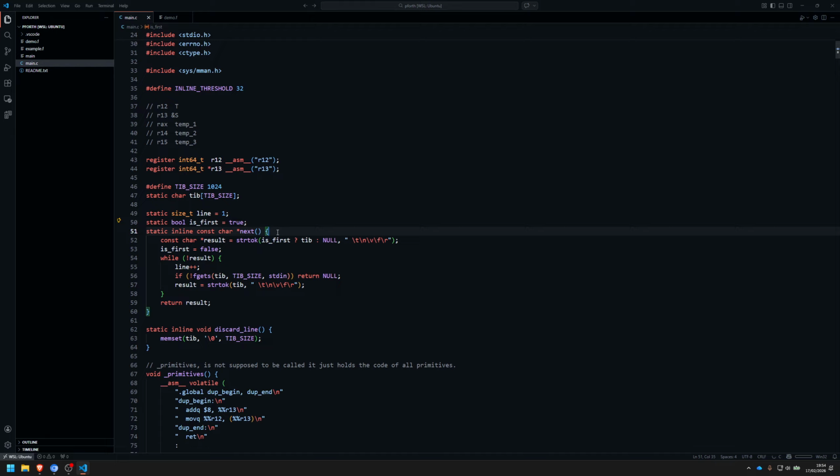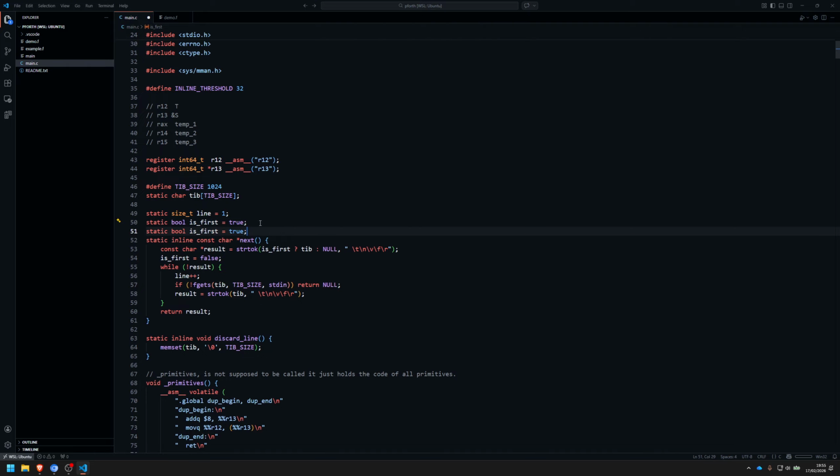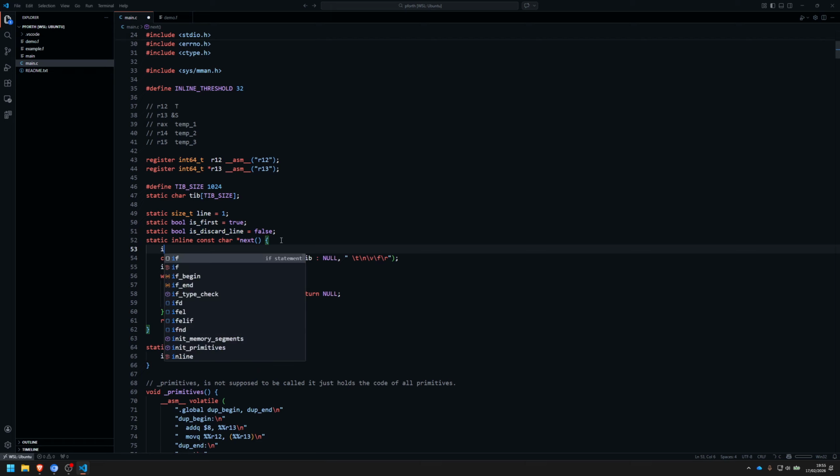So let's keep this first. But then instead of mem setting, let's see. Is discard line, I'm going to set it to false. Let's just save this for now. And here, we just say if is discard line, if it's not,